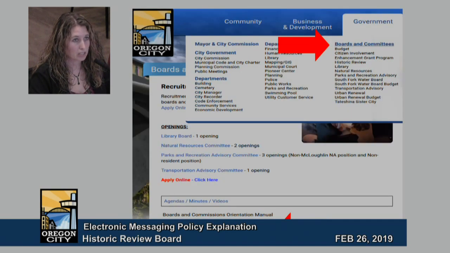If you're on our homepage and you hover over the government section, where the big red arrow is, the boards and committees section. If you click on that very top blue link where it says boards and committees, then it will bring up the page behind that, which has the board and commission manual,